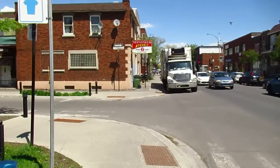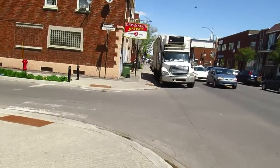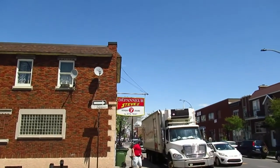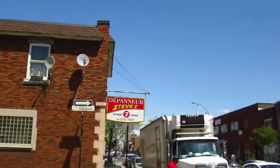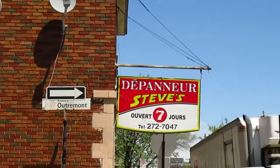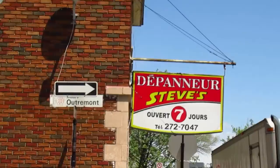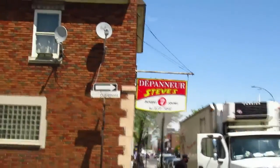Mr. Delivery Man here, look at that. Dépanneur Steve. That's when you know a sign in this city is old, when it's actually an English name. Is that cool or what? I would love to own that sign. Of course, I'm sure it's probably not owned by Steve anymore. It's probably owned by Chinese or Arabic or Indian, you know, because